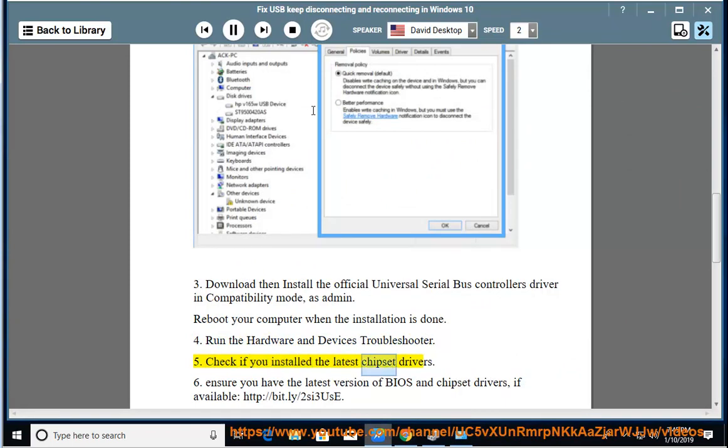Check if you installed the latest chipset drivers. 6. Ensure you have the latest version of BIOS and chipset drivers, if available,